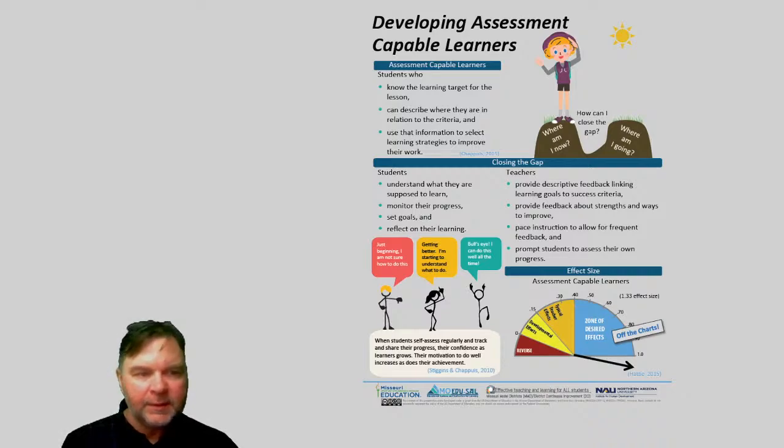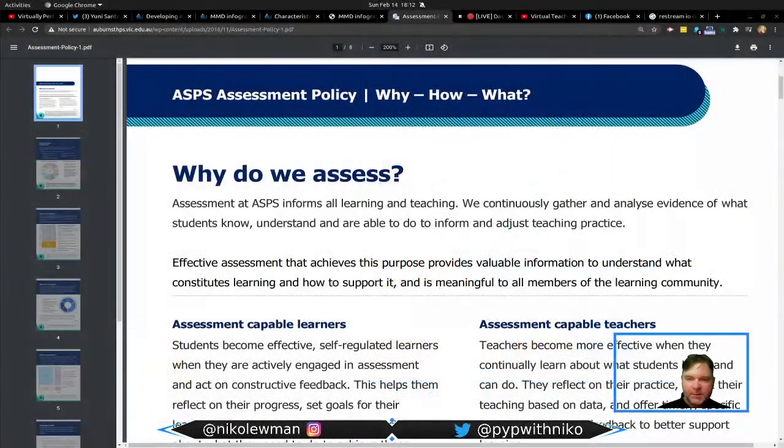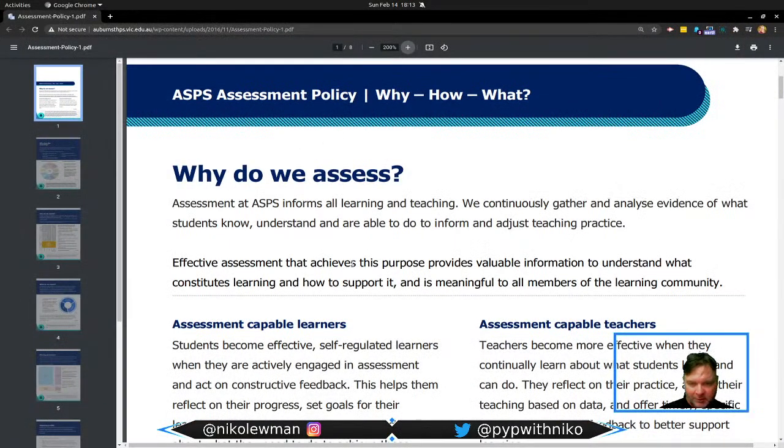So where will this lead us? Well, it will lead you to an understanding. So once we know what assessment capable learners look like, well, then we can create our own assessment policy. And this is from Victoria in Australia, and the school has an acronym, ASPS, Assessment Policy, and this is a marvel. I stumbled upon this, and it has been something of a miracle,